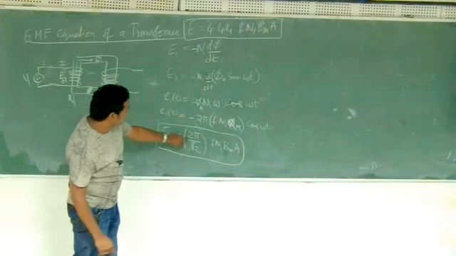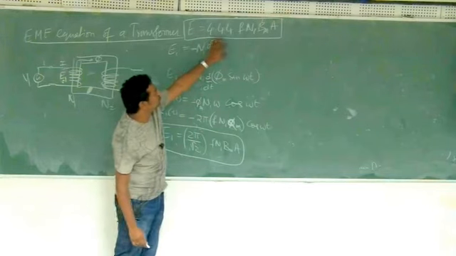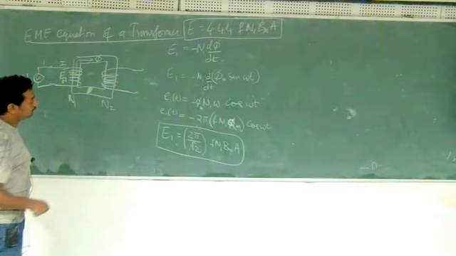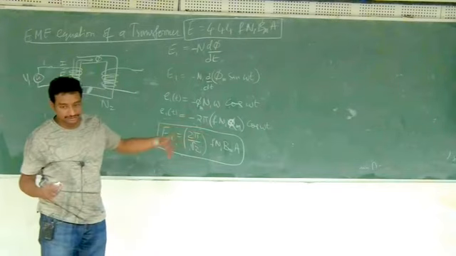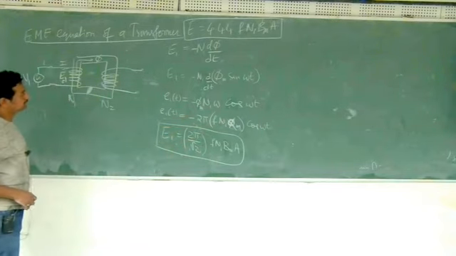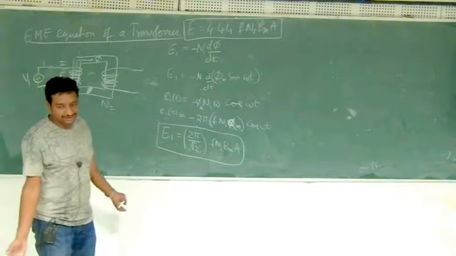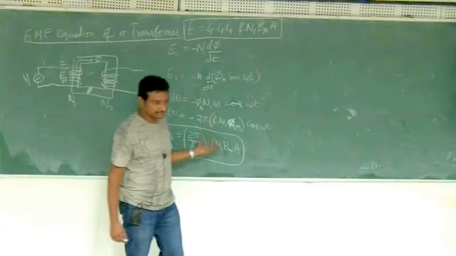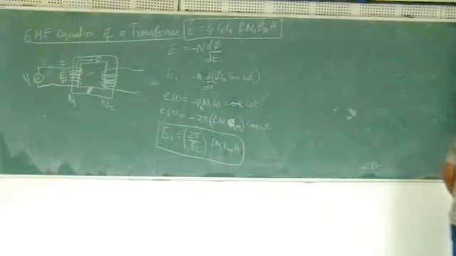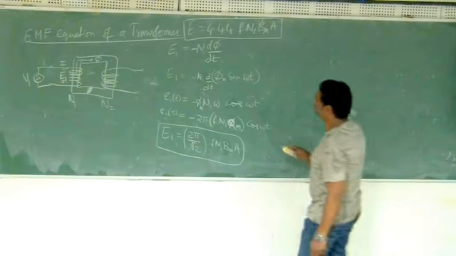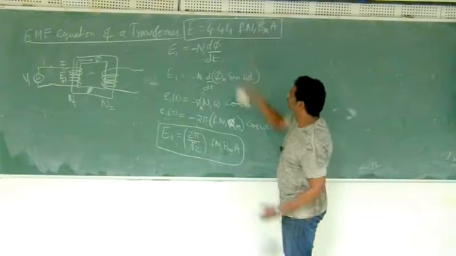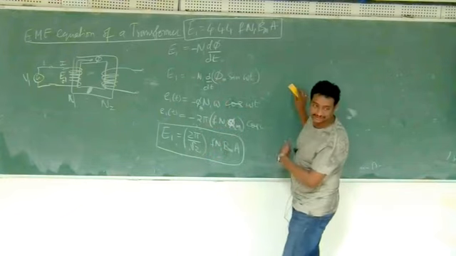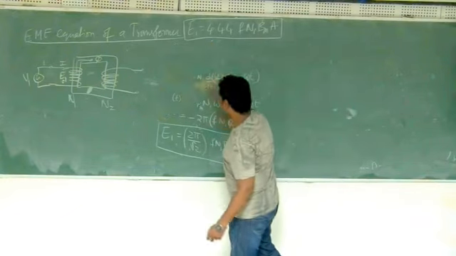Same thing I have written, just this term becomes 4.44, f is the same, N1, Bm and A. The phase and the minus sign I am currently neglecting. I have not done anything very complicated, just replaced d phi by dt and differentiated. Now more important is the discussion about this. So this is E1. I'll just erase this if you have noted it down.